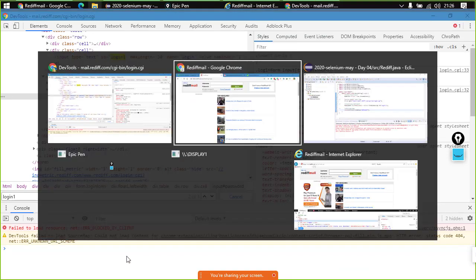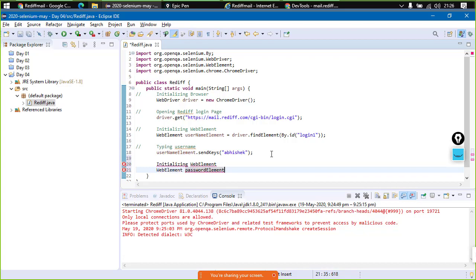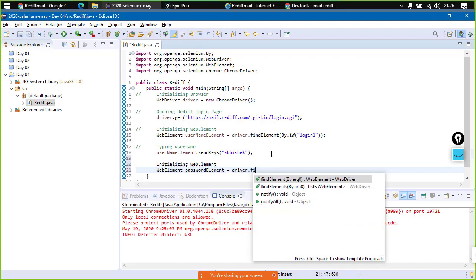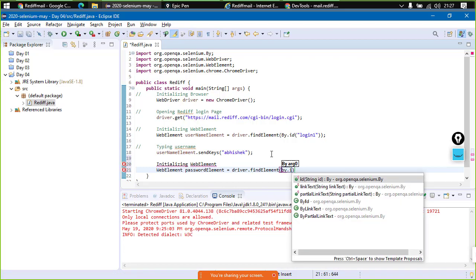Copy this, go back to the code, and here again initialize a WebElement, say passwordElement, equals driver.findElement By ID.